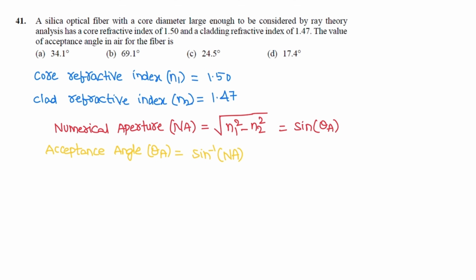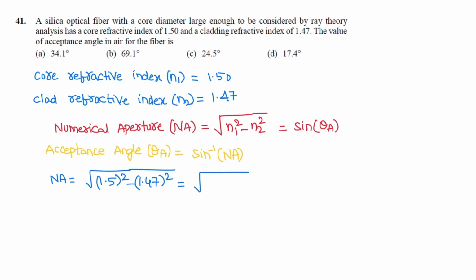So first to calculate, given N1, N2 is 1.5 and 1.47, calculate numerical aperture: 1.5 square minus 1.47 square, that is